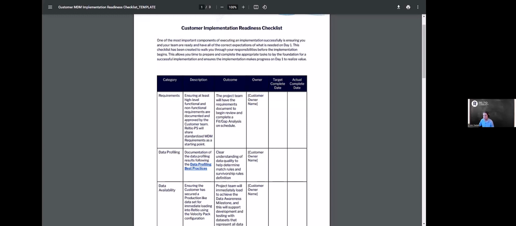Can we integrate ADF, Azure Data Factory, with Reltio to push data into Reltio? Is that possible? Yeah, that's right. What we recommend, if you're talking about the batch implementation, is that we can integrate with the Azure cloud storage, and we can pull the files from there.